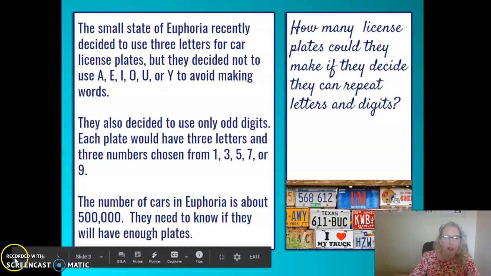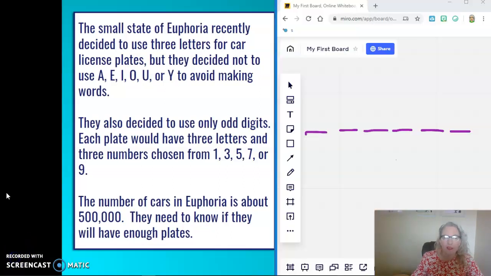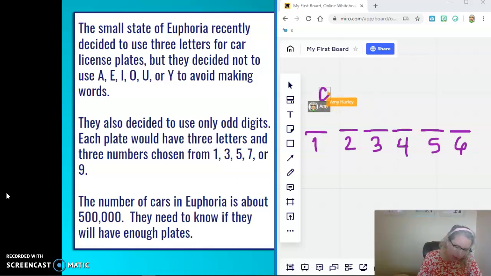So let's take a closer look. So let's start with a decision chart. This would be the first character in the 6-digit license plate. The second character in the license plate, third, fourth, fifth, and the license plate has 6 total characters. The first 3 are going to be letters. If we can repeat letters and digits, that means that we can have